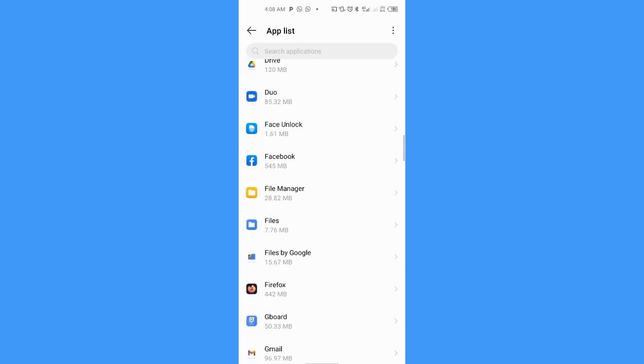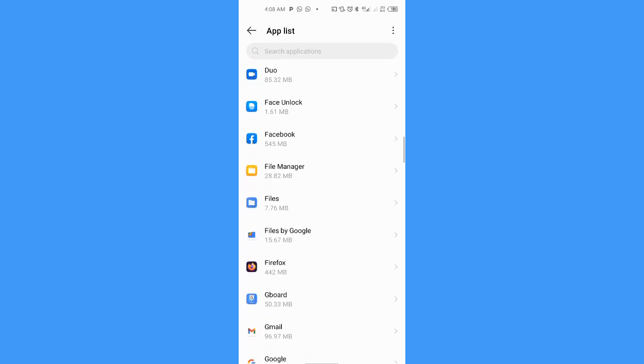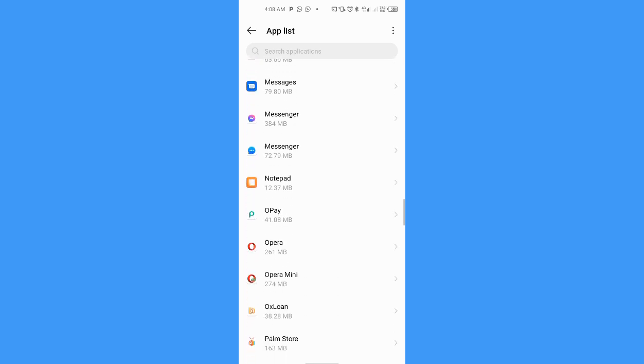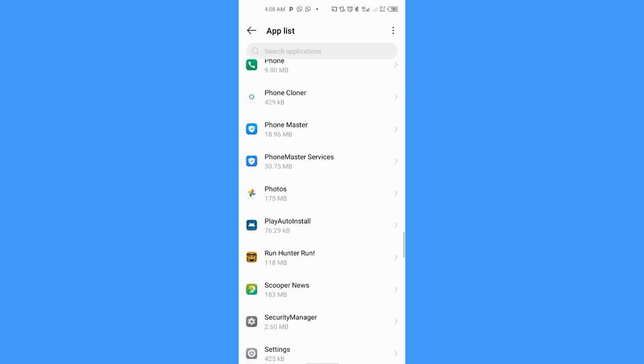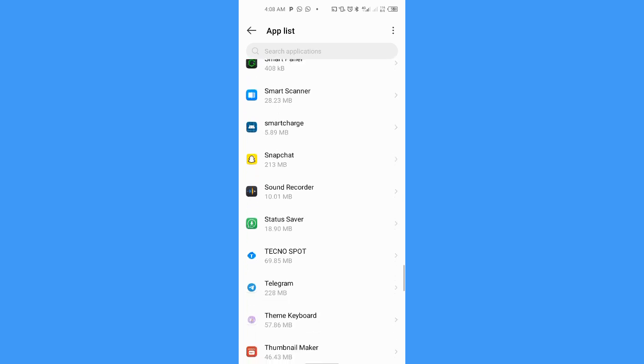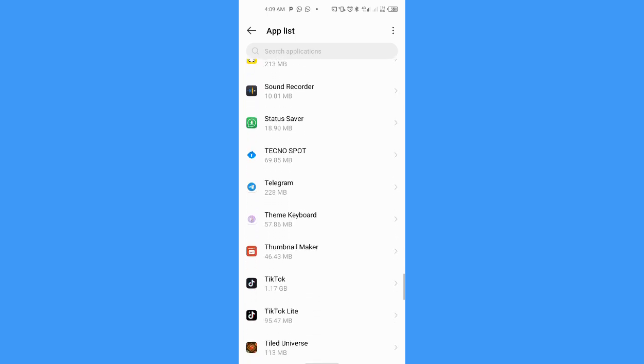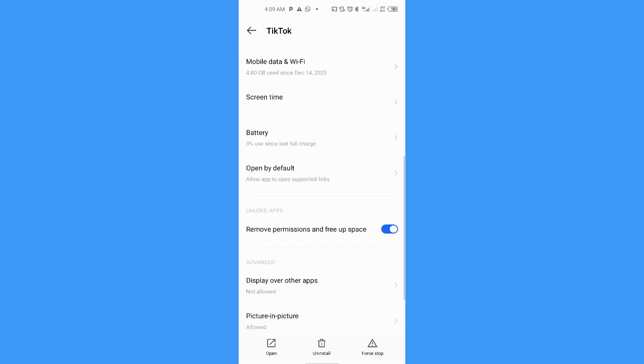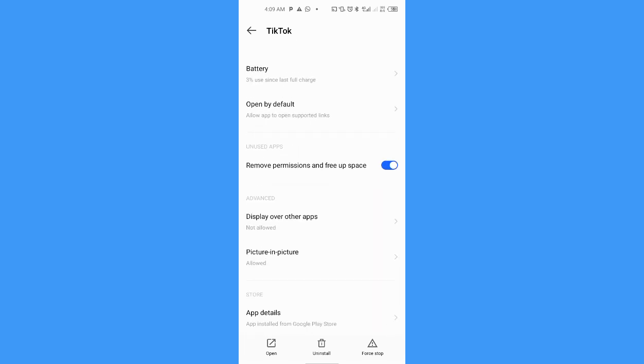Remember what I did? Go to settings, then look for app management. So look for your TikTok here. Though they did not send me any message or mail like that, so I'm just trying it. So when you tap on it, you can see this place. You can see the app details. You can open it from here,